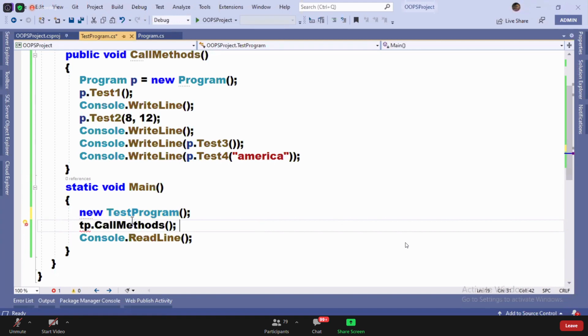You cannot write TP equals directly. That is wrong. You can write it like this again, where TP equals, implicitly typed. This will create an instance, but the instance doesn't have a name, right?